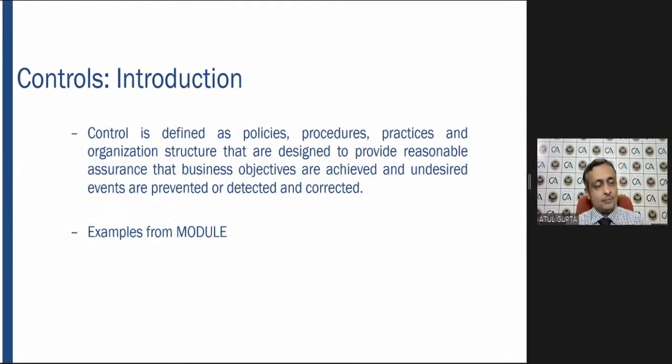But the point is, every process that you define needs to have specified control parameters built into it. That is the relevance of it. Now, this slide has multiple questions. You see three words: events are prevented, detected, and corrected. So why are controls needed? To mitigate risk. One of the risks is fire. Suppose fire is a risk, you answer: what are the preventive controls for fire? First question from this slide is,